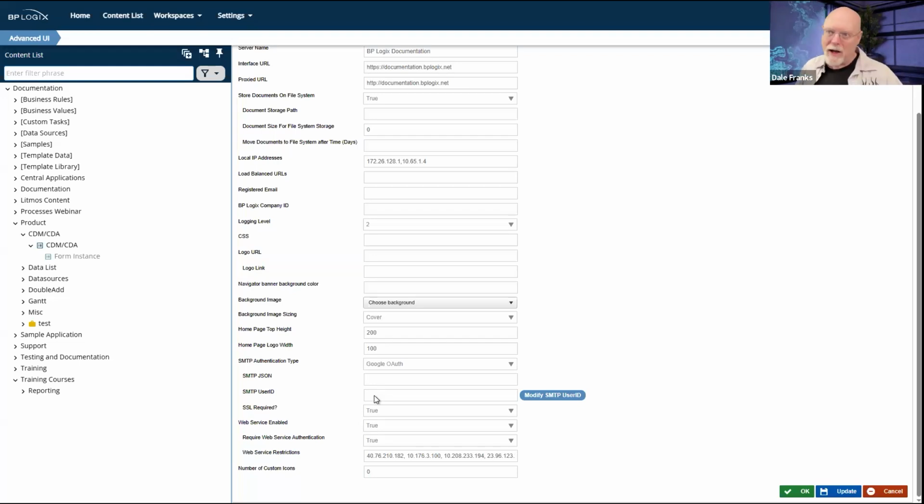So, my.name@gmail.com, I think would usually be the email address. Although, of course, with Google, you can have your own custom domains. So Gmail is kind of working in the background, but you have your own domain. So whatever the email address is, that's the user ID that you would need to input.